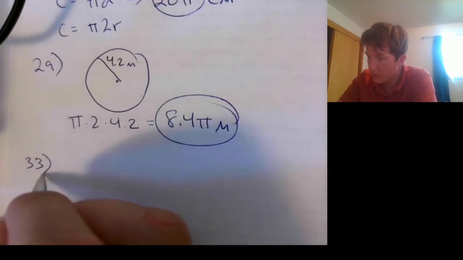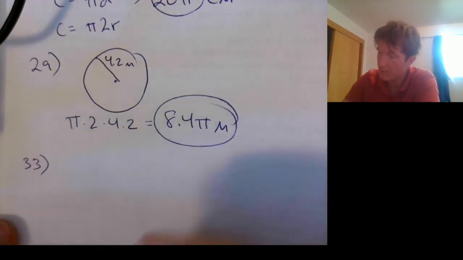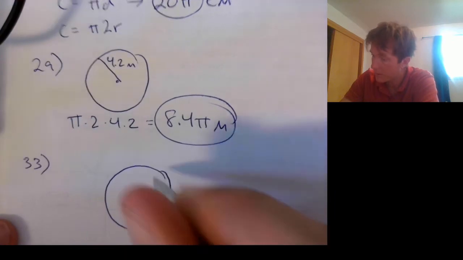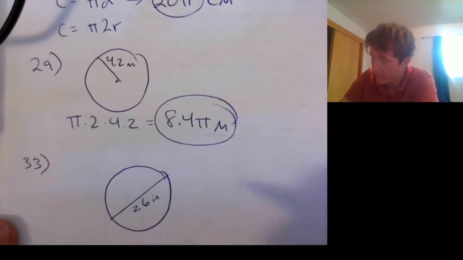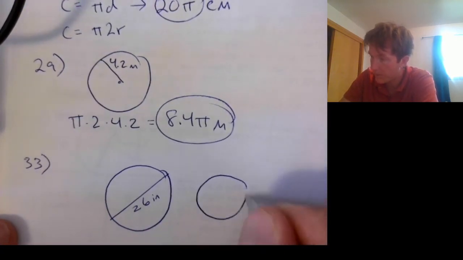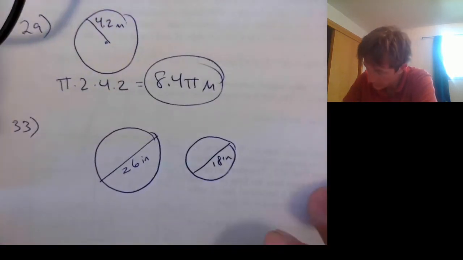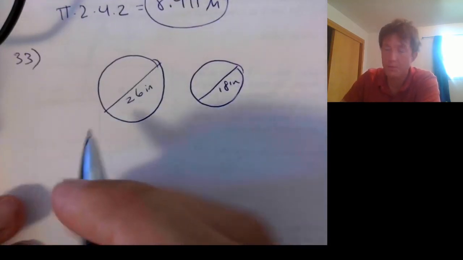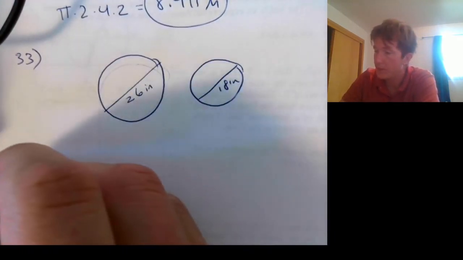Number 33. I'm going to skip 31. The wheel of an adult's bicycle has a diameter of 26 inches. The wheel of a child's bicycle has a diameter of 18 inches. To the nearest inch, how much farther does the larger bicycle wheel travel in one revolution than the smaller one? Remember what I said before, if you took this circumference and